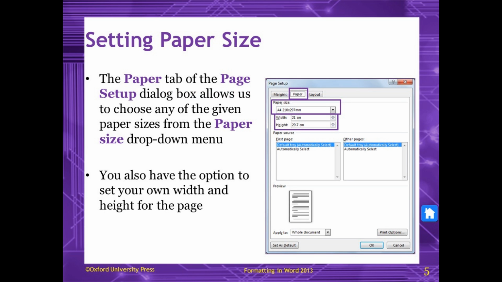Dear students, as this heading shows, setting paper size, it shows that there is not a single paper size we use in Word for doing work or for printing, but there are multiple sizes of paper we can set while you are typing, doing some work on Word, or printing some documents by the printers. There are different types of paper sizes which can be used for different purposes.